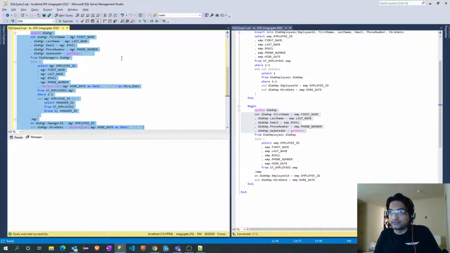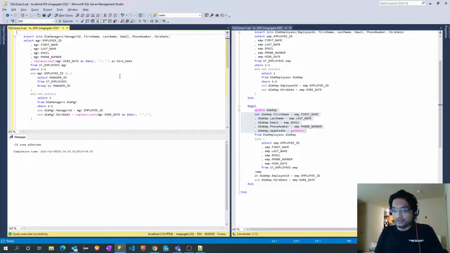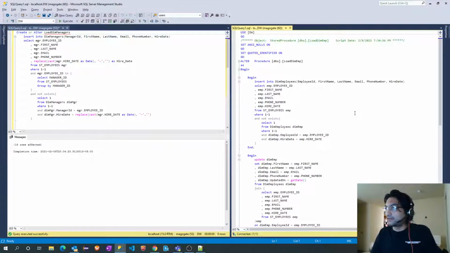Yeah, perfect. And what I will do, I will create or alter the load dim managers procedure. Let me check what name I gave. Load dim emp.